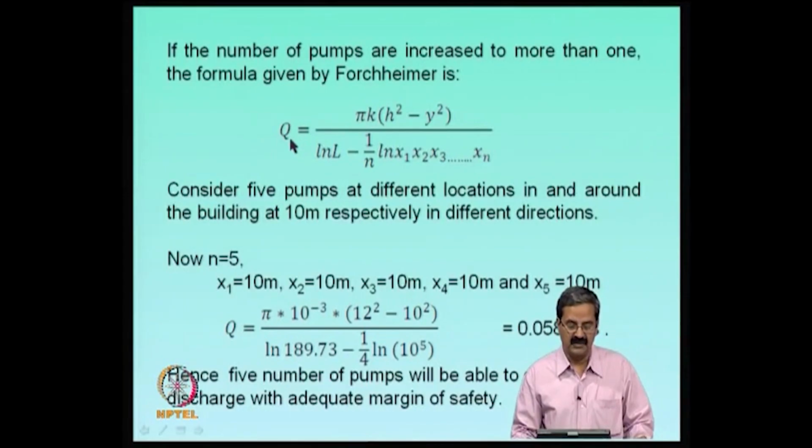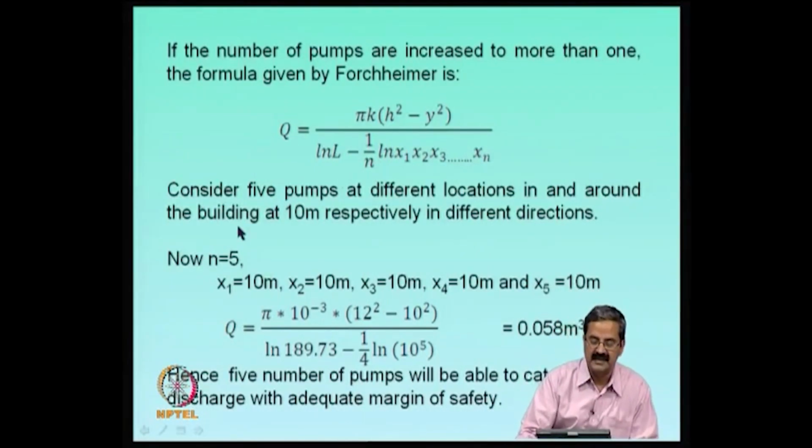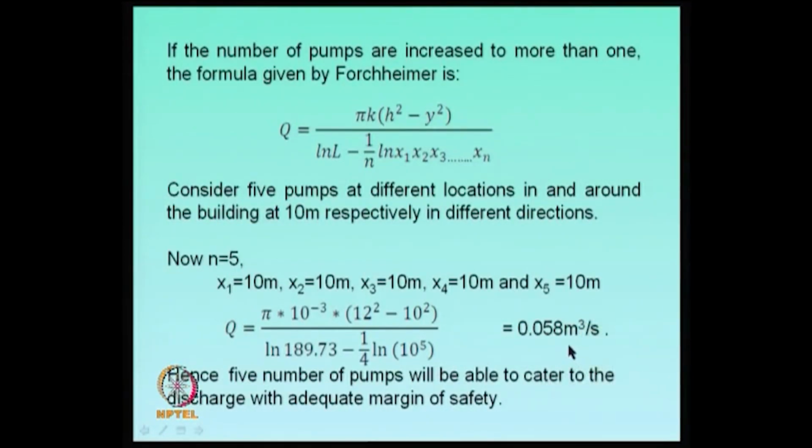So, this particular equation gives the discharge for a number of wells, with the distances x1, x2, x3, xn, taking the natural logarithm, and 1 by n where n is the number of pumps. In this example, as I just mentioned, we need 5 pumps. We try to put them at different locations, x1, x2, x3, just as an example. You calculate the numbers here, and what you get is 0.058,